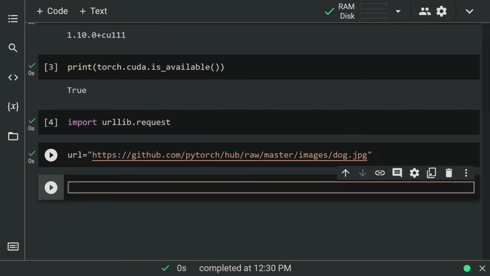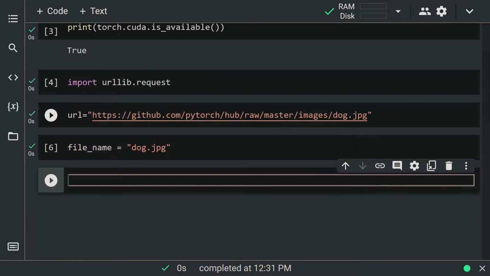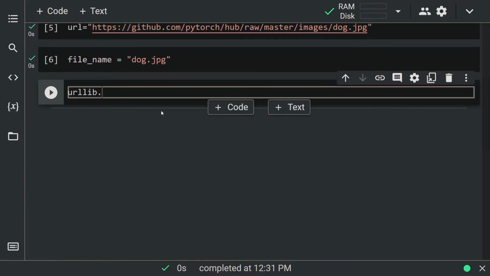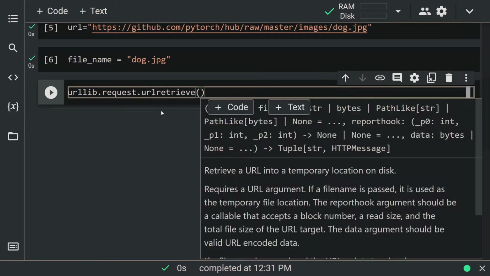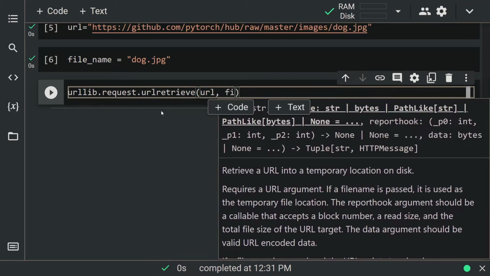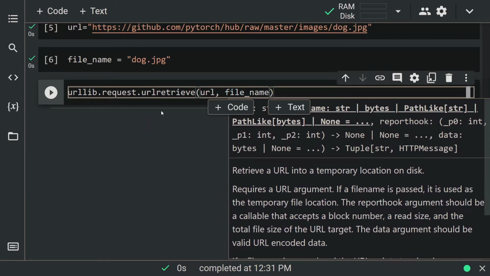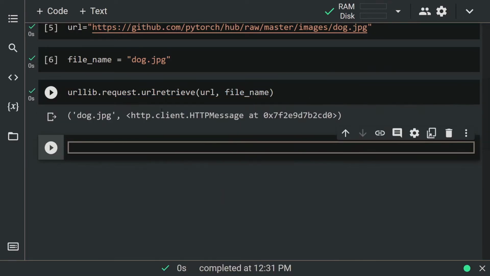Let's assign the name of the image found in this link to the filename variable. Filename equals "dog.jpg". Let me get a picture from the internet: urllib.request.urlretrieve(url, filename). Now we got a picture.